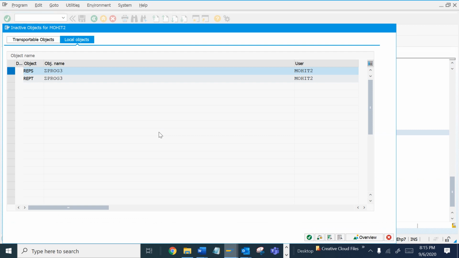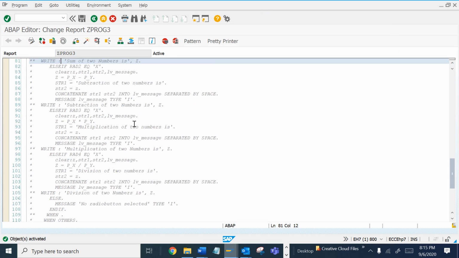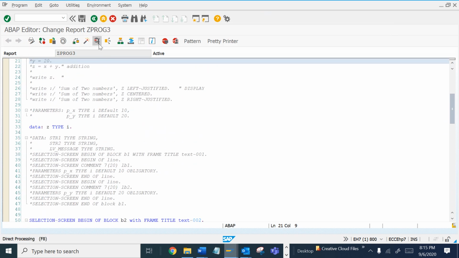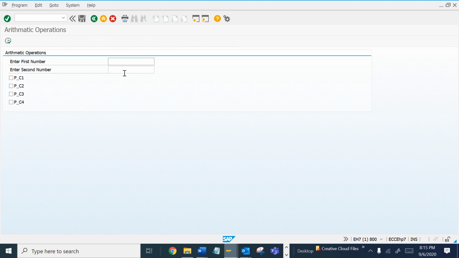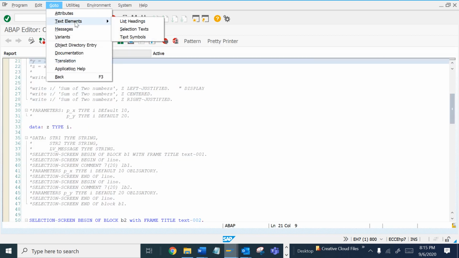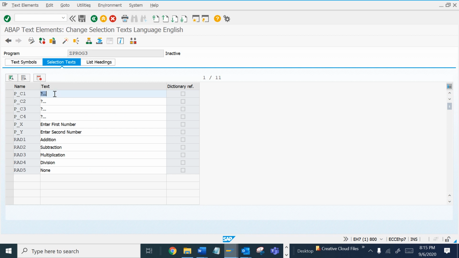Let me see what parameters I can see on my screen. Now I can see all my parameters, the checkboxes, the first variable and the second number. I obviously want to change the label text. So let me put it as addition, same as I did with radio buttons, and then multiplication, and then division.